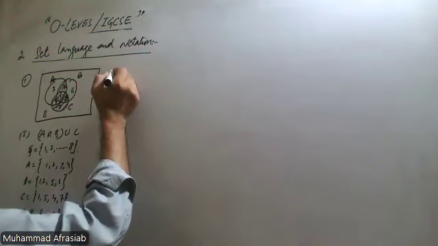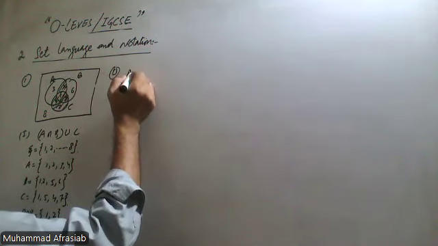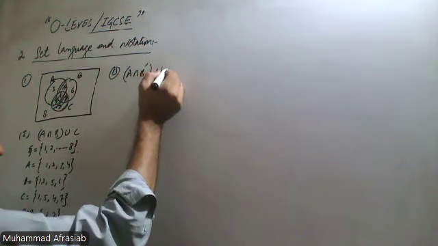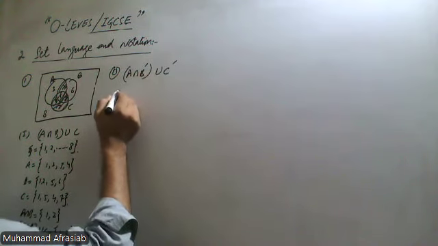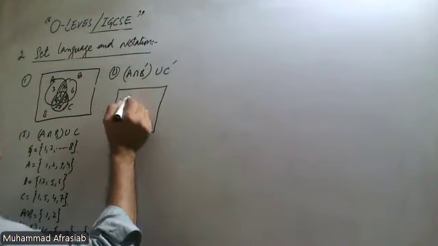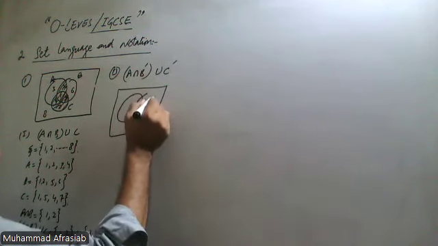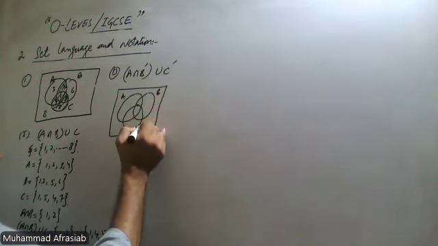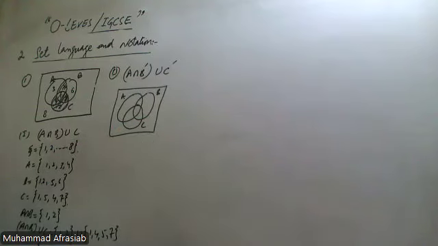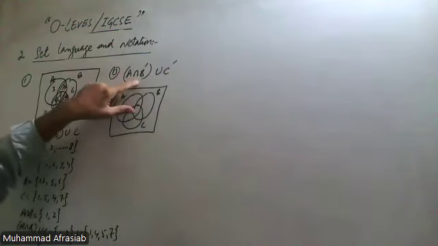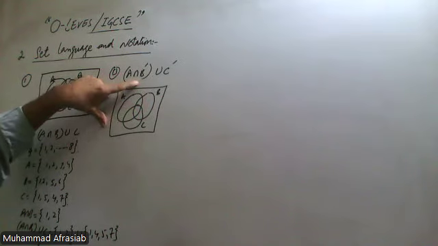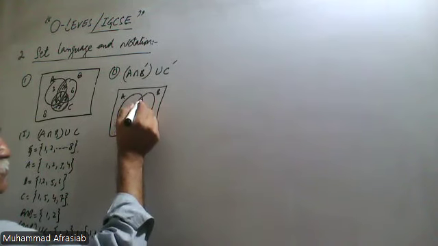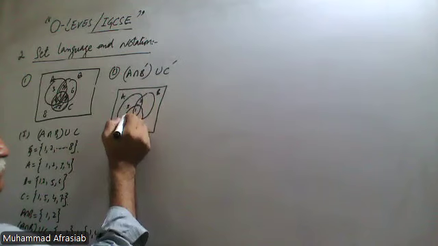Second phase, if they write A intersection B complement union C complement, and the same shape is given to you. Let's say it is A, it is B, it is C. A intersection B complement, in other words, means only A, but we will write it like this. The parts are 1, 2, 3, 4,